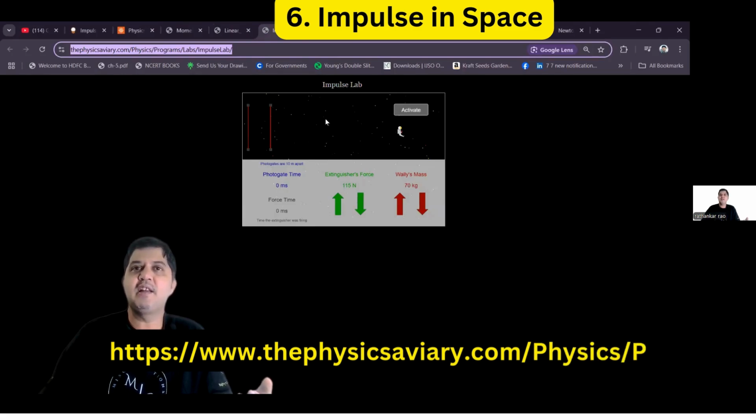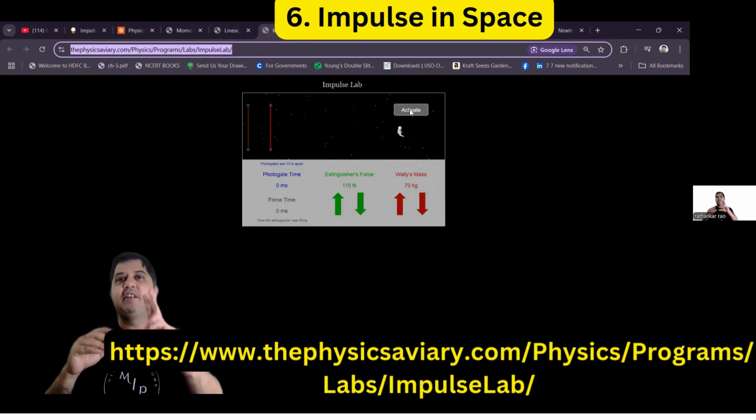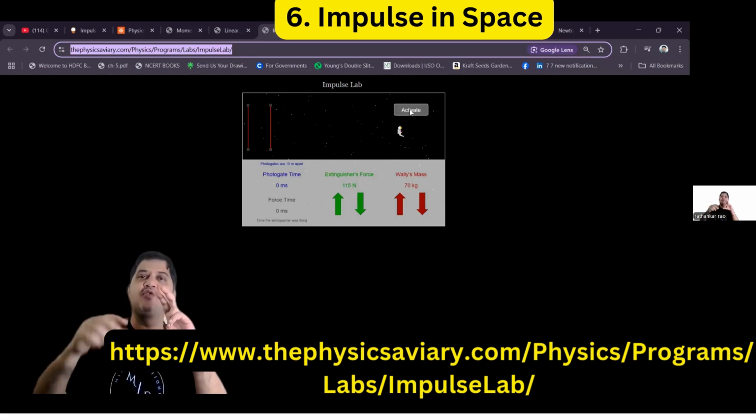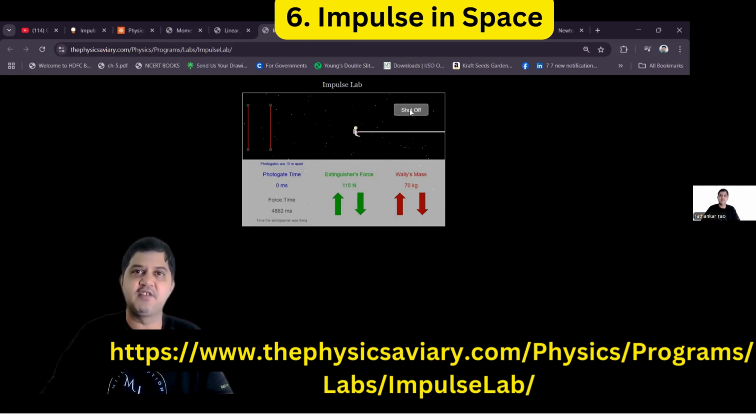This one is about impulse, and what you can see is there's an astronaut who is stuck in space, and his mass is given over here, his extinguisher force is 150 Newton, which means what? When I click on this activate button, he has an extinguisher, he presses that one. As a result of it, the extinguishing agent is now sprayed outwards. So because of Newton's third law, he goes backwards. See, he goes backwards, and then maybe if I shut off this, now there's no force acting on him,